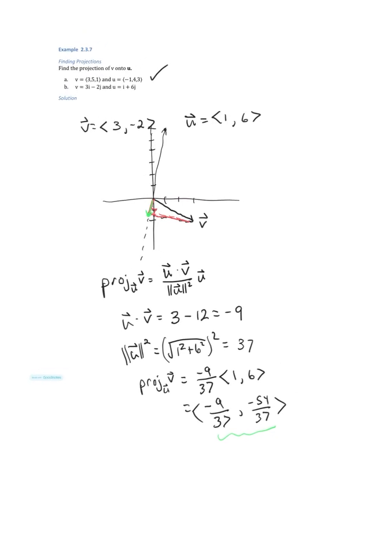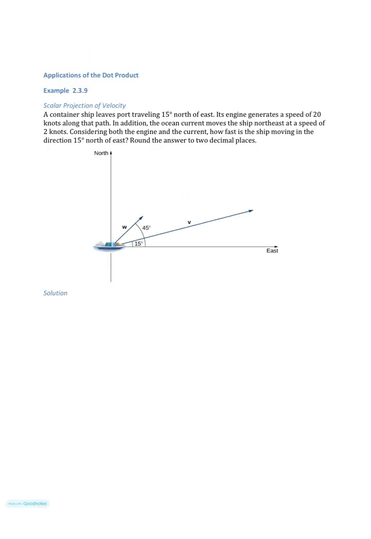All right, the next one, this is the one where I was saying, what are these projections used for? Well, this example, we briefly mentioned the idea. Essentially, you've got the ship traveling at the 15-degree direction, right? But the current is coming in at a northeast direction, which would be 45 degrees. So it's getting some help from the 2 knots of the current, but it's not getting the full